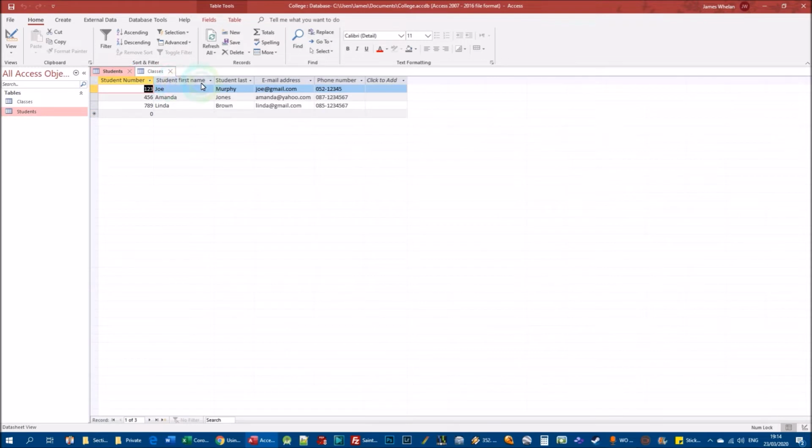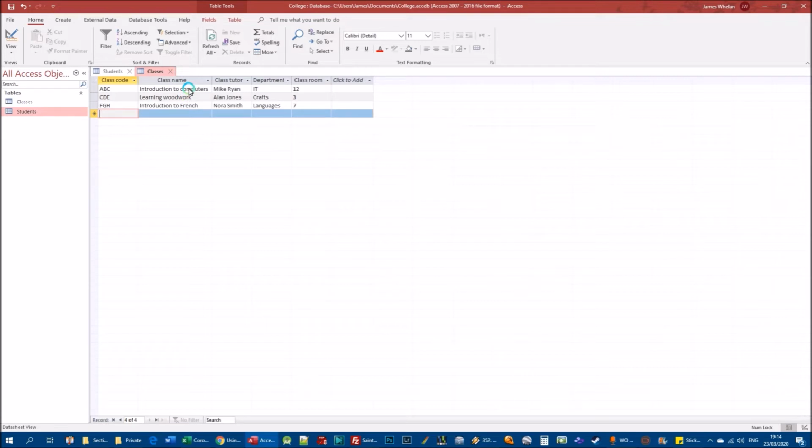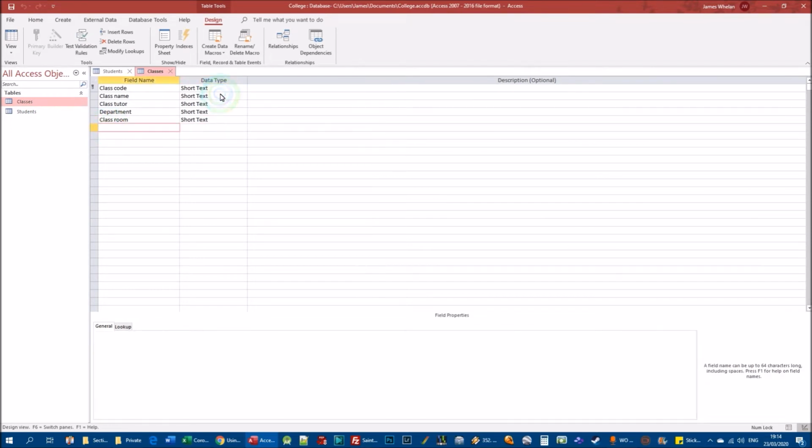And vice versa, if I look at my students, I don't know which of these students are doing which of these classes, because the tables are not related. There's no connection between them. So how do I do that? How do I get around that? Well, what I could do is, now you wouldn't do this, but you could, let's say, go into the classes table, and I could add in design view another field name, and I could say student name,